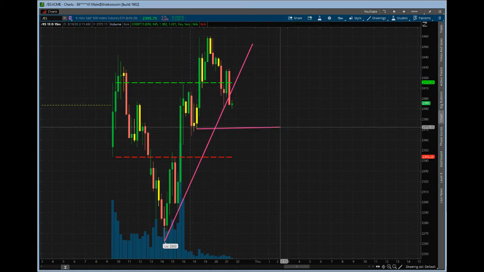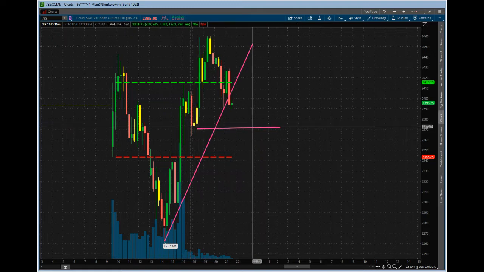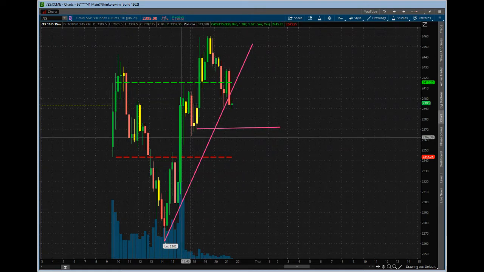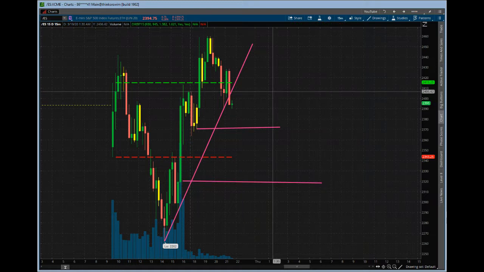Those might get tested if this candle right here gets weak, or if we find another weak candle down there. We may find this as support. It may say, I just wanted to test those levels, right? This was a huge breakout candle here at the end of the day, and so that scene of the breakout might want to get tested. There are so many levels, and when volatility is high, these levels can be tested very, very quickly, especially in this